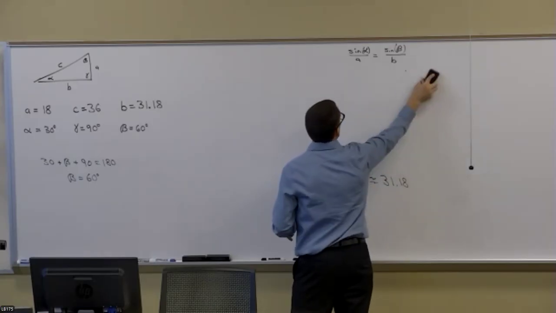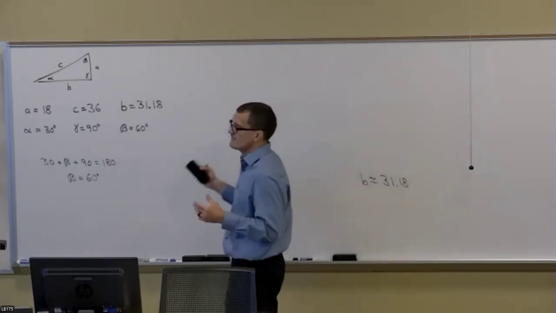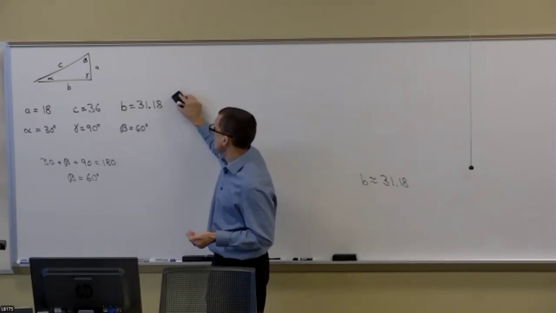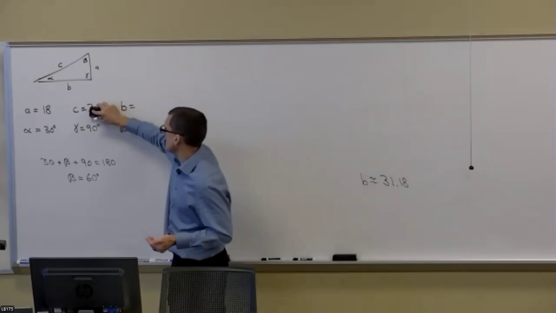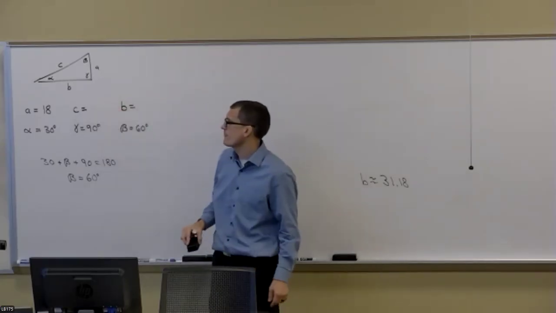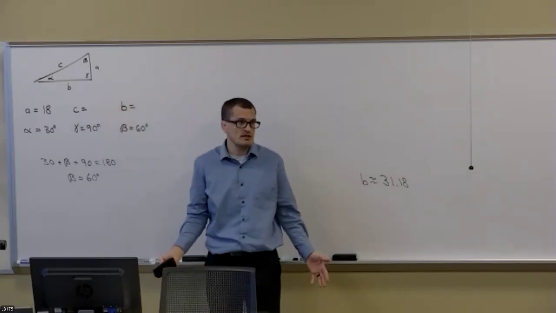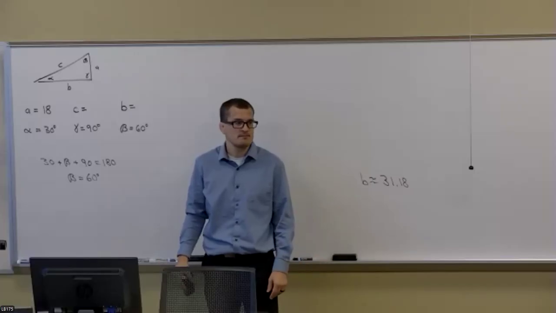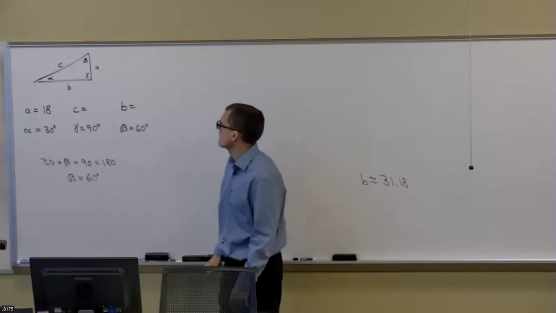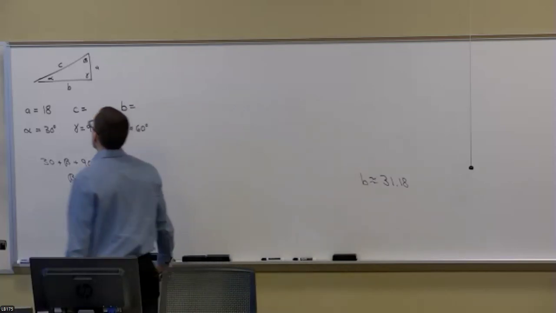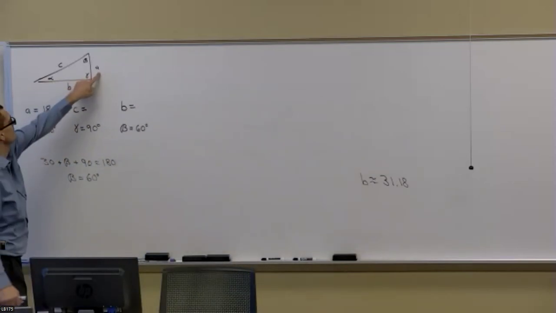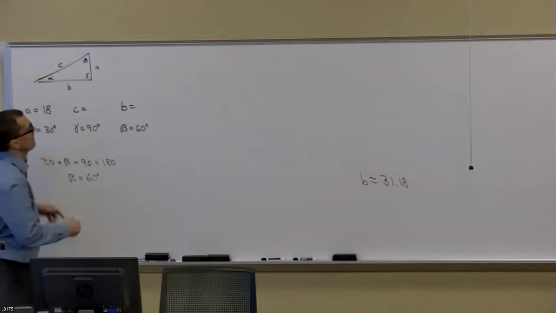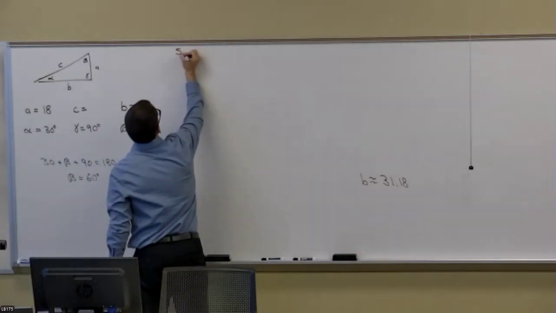And just to show you that we get the same answers, I'm going to go back and calculate C and B using SOHCAHTOA and the Pythagorean theorem. Is that okay? All right, so I'm given A, and I know alpha is 30. So SOHCAHTOA, remember,